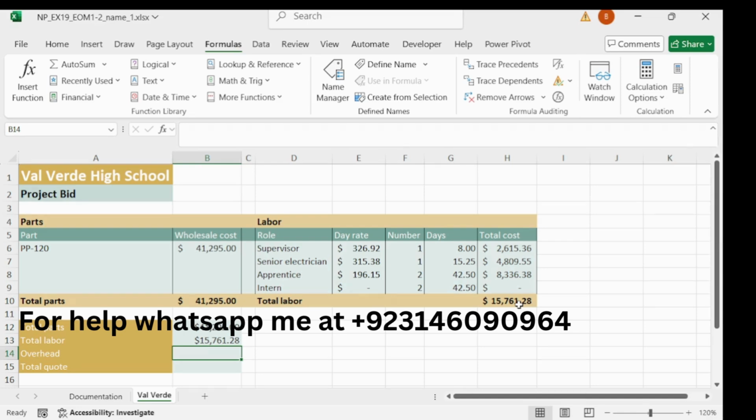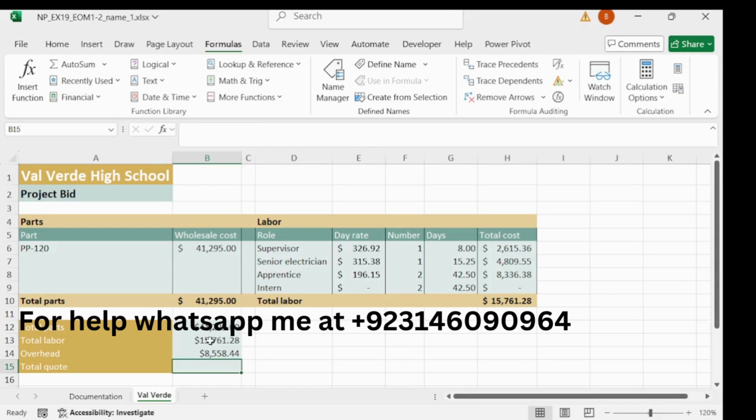So we have completed our 11th step, and our step number 12 is in cell B14 enter a formula that first adds B12, open the bracket B12 plus B13, and close the bracket and then multiply by 0.15 and then press enter.